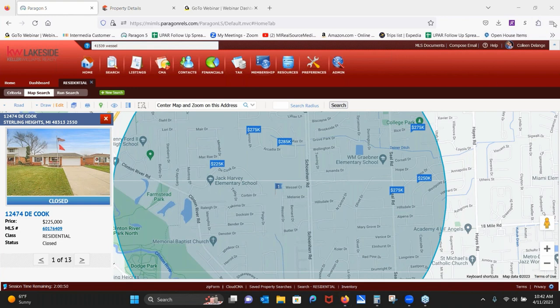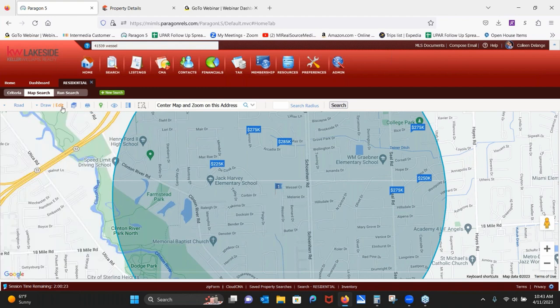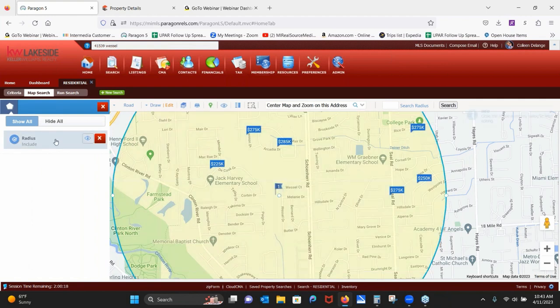Let's pretend you did all of this, you got to this point, and you're like, well, how far do I go out to find the comps? So maybe you only got one. You're really shooting for 3 to 5 comps. So let's say for a moment that you didn't get any of those. How do you expand your circle just a little bit? Maybe you don't want to go another half mile. Maybe you just want to see, okay, how far do I have to go to find additional comps? So you can actually go to this edit right over here on the left, click into the shape,